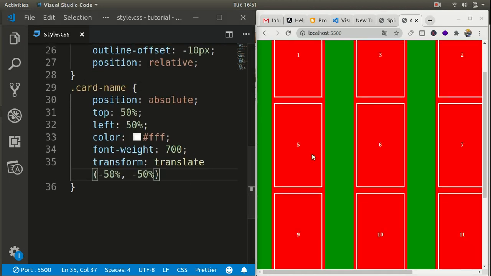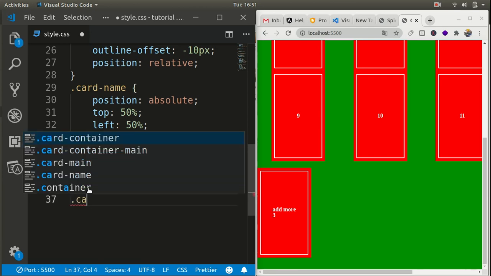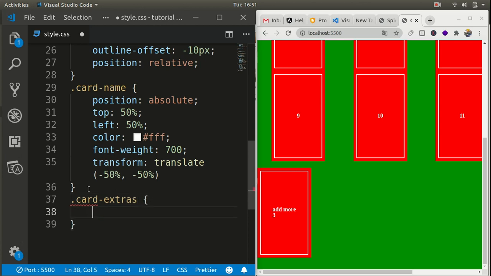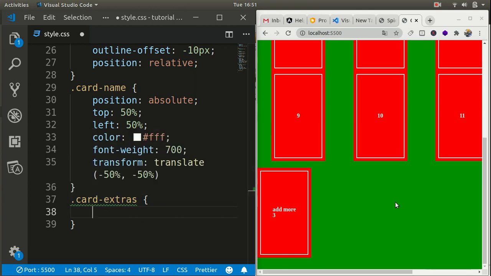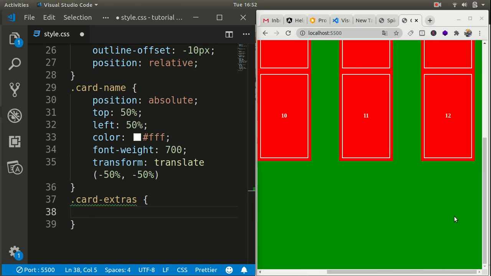So now we can move on to defining the styles for this extra card. So let's apply style on it too. It has a class of card extras, and for card extras I want this card to be positioned on the right bottom here.